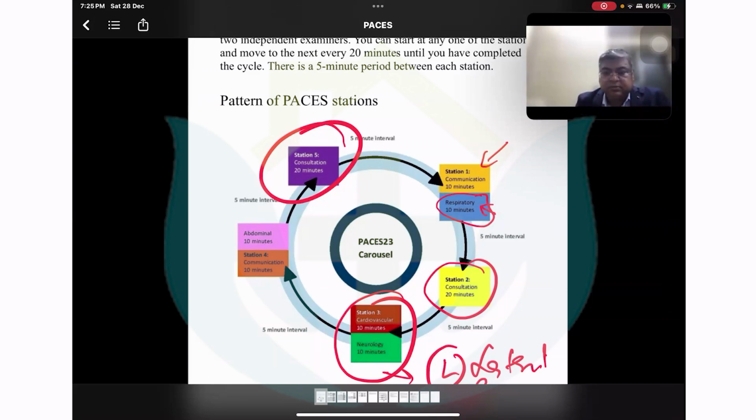You already understand that, but then there are certain drugs that have come. So these drugs, they are still on the trial basis, but then yes, they have arrived and they have not entered into the recommendations as of now. So that means they are enrolling the patients on an individual basis, and then we just have to be very, very active listeners in these consultation and communication stations. We have to be very, very active, and believe me, you as students, as doctors, you don't have to literally listen to reply.